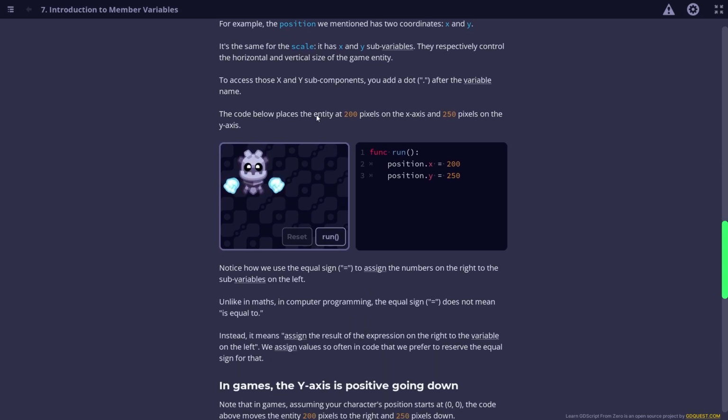The code below places the entity at 200 pixels on the x-axis and 250 pixels on the y-axis. So yeah, position.x equals 200, position.y equals 250. Run it, and this thing moves over and down. It looks like it moved over to the right more than it moved down though. Whatever. Anyway,